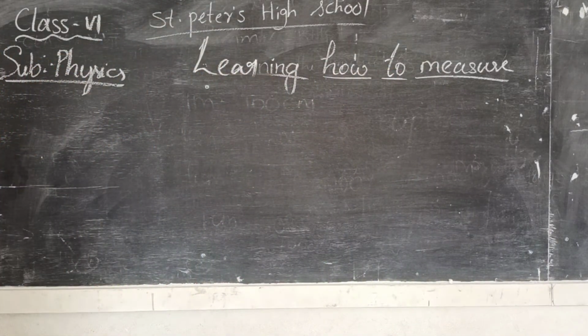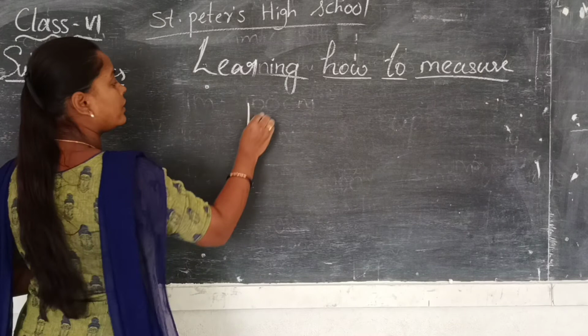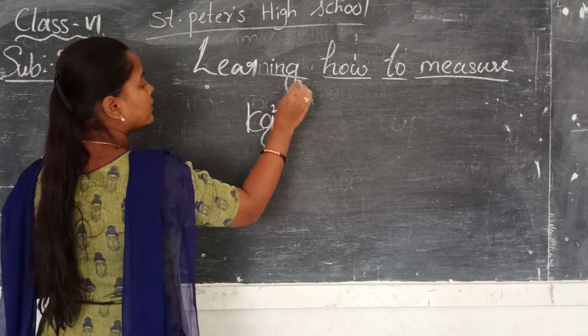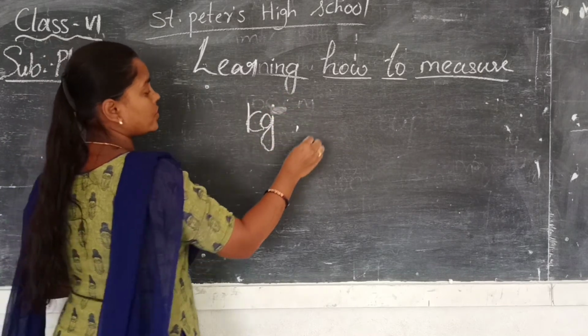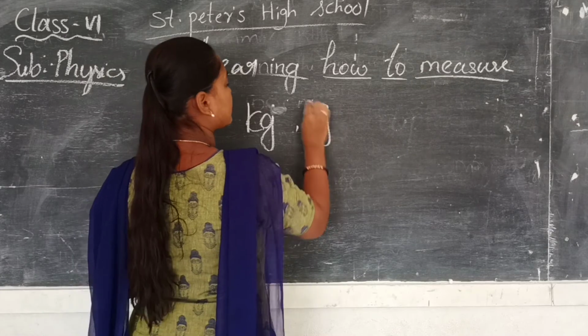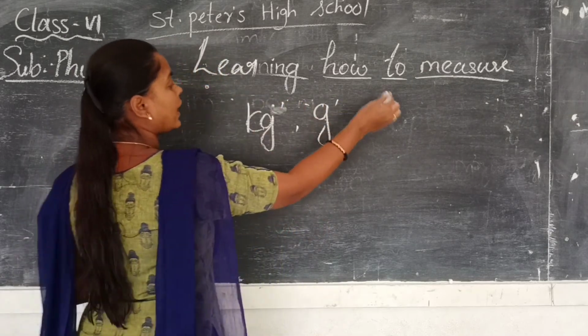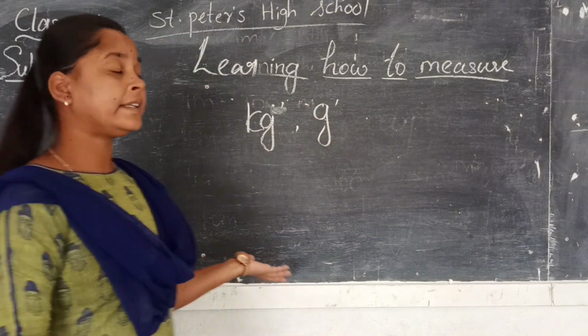Okay. The units of mass are mainly, the SI unit is kg and the CGS unit is grams. Okay. Less than grams we have milligrams, and more than milligrams